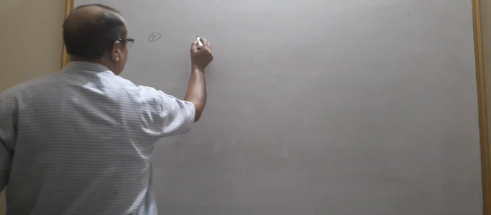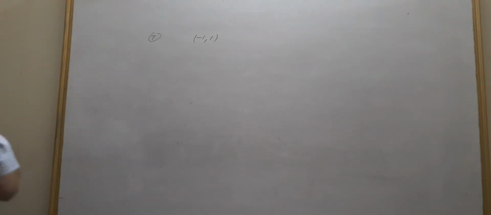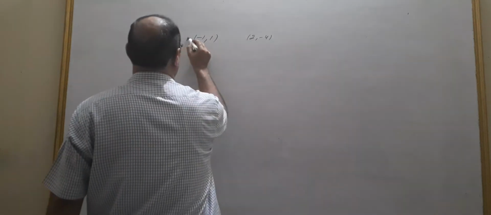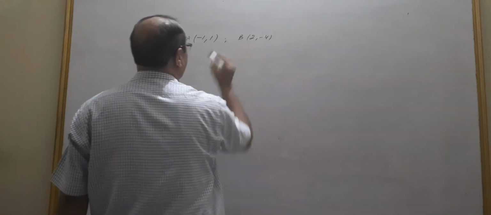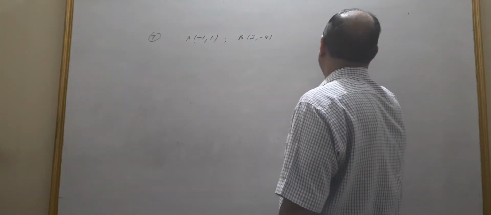In the question number 7, find the equation of the line. The line is passing through the point 1 minus 1 and 2 minus 4. So now the students, let the name of the coordinates are A and B. A B इसके नाम रख लिए. अब मैं 2 पॉइंट फॉर्म आपको बताता हूँ. 2 पॉइंट फॉर्म आपने याद करिए.